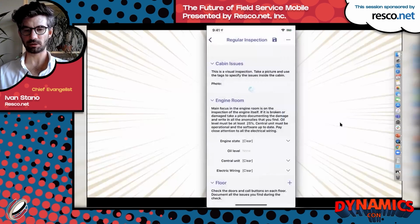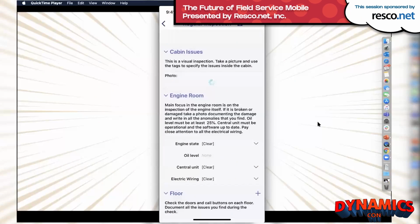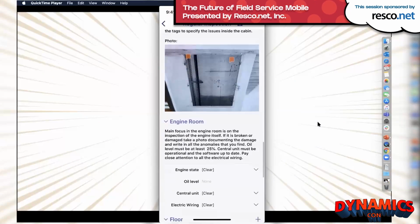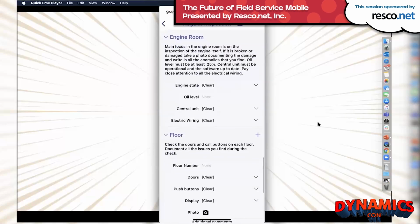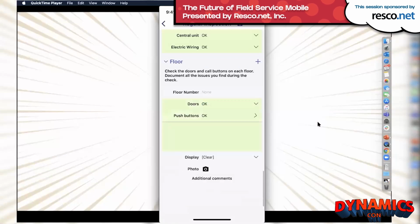So that when my colleague comes there next time, they'll be able to open up this picture and identify those issues that I was able to mark. This is just loading, and as you can see, it's right here. I can now move on to the engine room, check the engine, central unit, electric wiring. I'll check every floor to make sure that the doors, buttons,